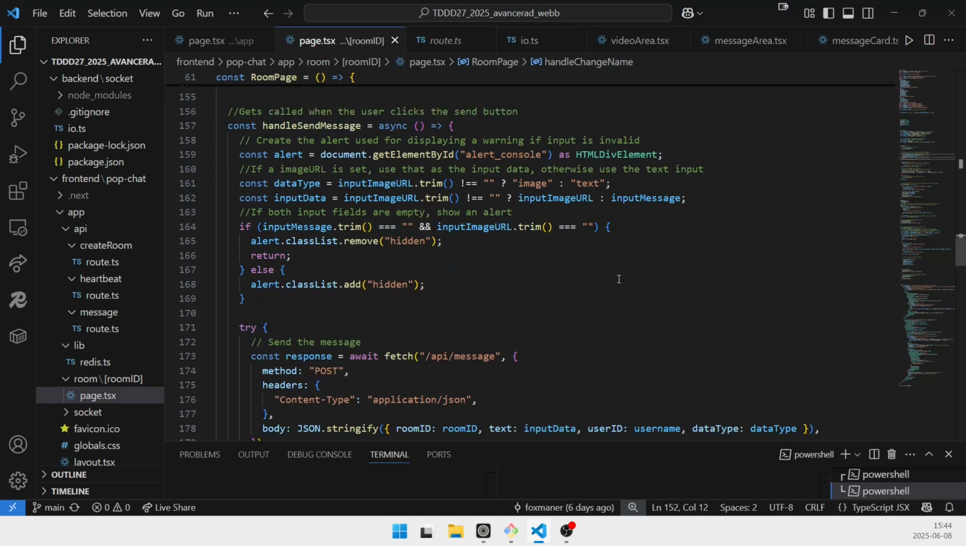Here in handle message, we have an alert if there's something invalid with the input field. Here we have a data type, so we check the image. So input data, data type. So we check image, text. So here we have image URL and input message. So we have the option,